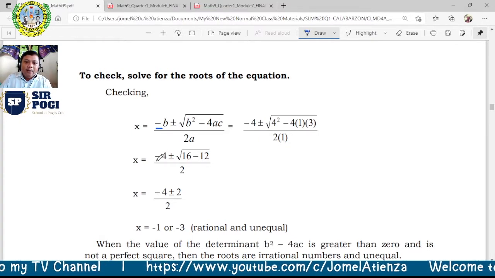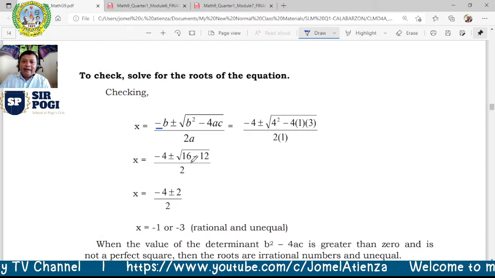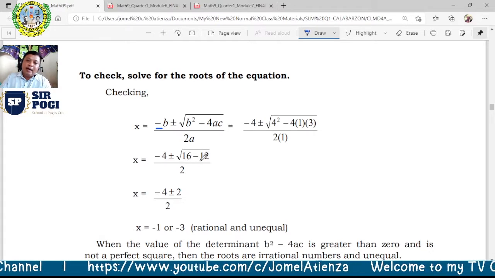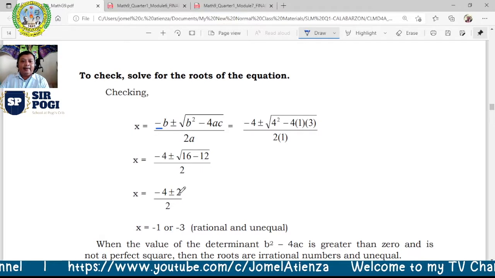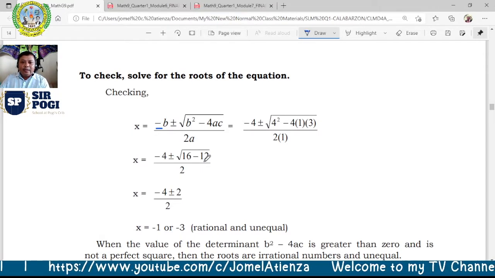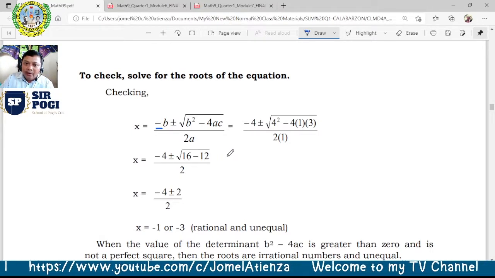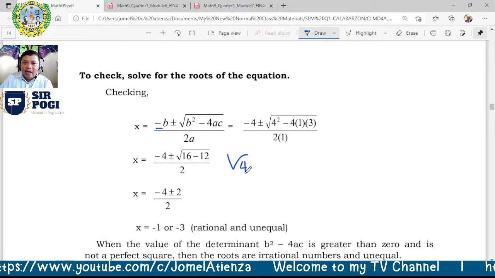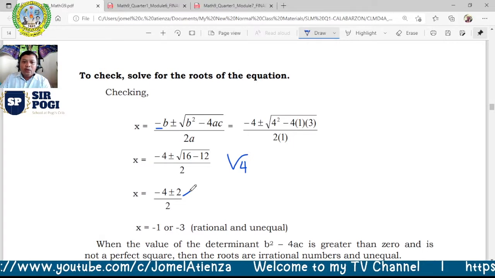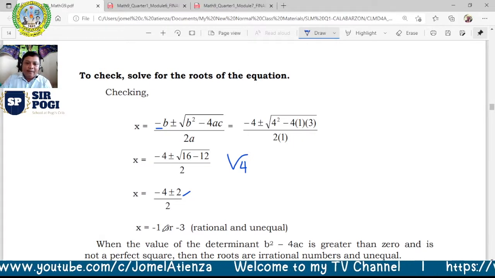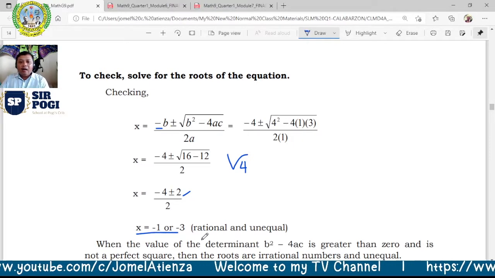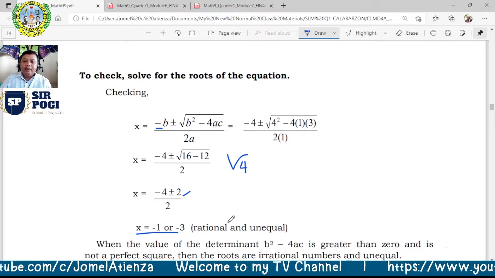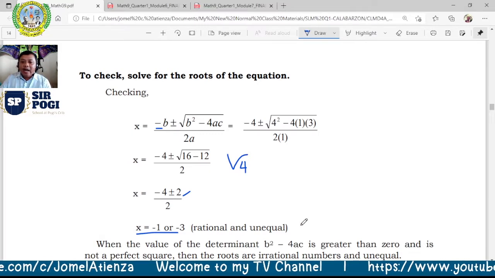So we have now negative 4 plus or minus the square root of 16 minus 12. Okay? And then, the square root of 16 minus 12 is the square root of 4. 4 na lang siya. And the value of the square root of 4 is 2. So therefore, now we have x are negative 1 and negative 3. So they are rational and